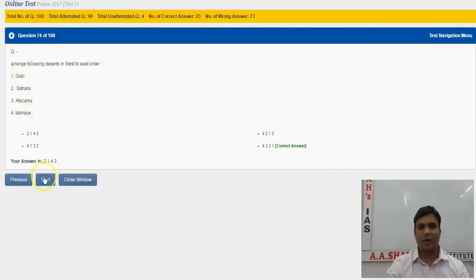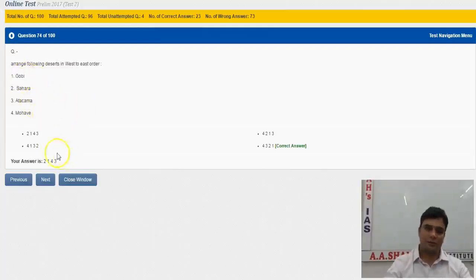Then there are some questions regarding deserts. Deserts को आप एक काम कीजिए, locate them on a map. गोबी डेजर्ट कहाँ आएगा, सहारा कहाँ आएगा, एटामा कहाँ आएगा, मोहावे कहाँ आएगा. As a matter of fact, Atacama Desert is the driest desert in the world. Sahara Desert is the largest desert in the world, right? So Gobi Desert is in